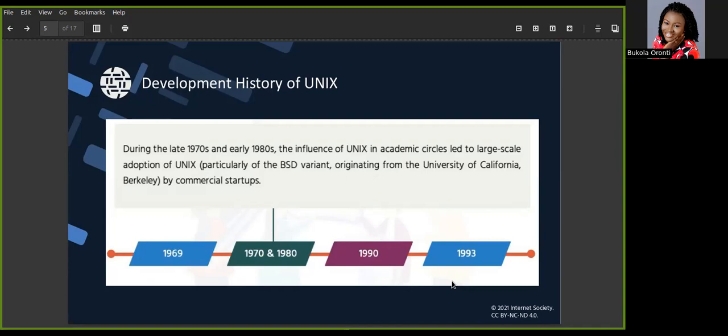This was developed by the team of academics, and they refer to it as BSD, that is Berkeley Software Development variant. And so that was how OpenBSD and FreeBSD came to be. This was the Unix version that they developed, and it was targeted at commercial startups.